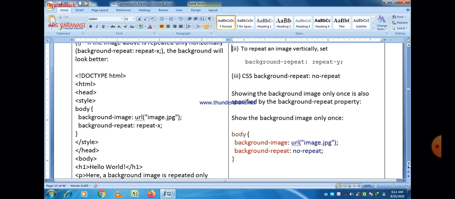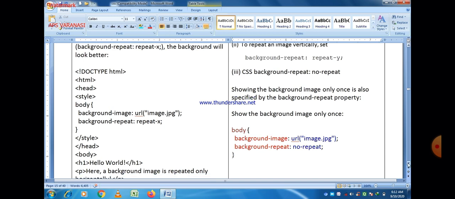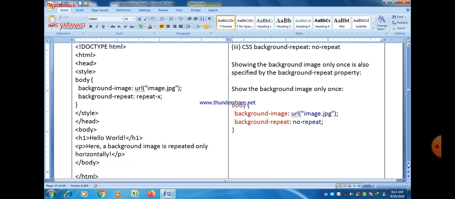You can easily see the program here, and this is an example of internal CSS. You can use external as well as inline CSS also. The main difference between internal and inline is that in internal we use style as an element, but in inline we use style as an attribute.